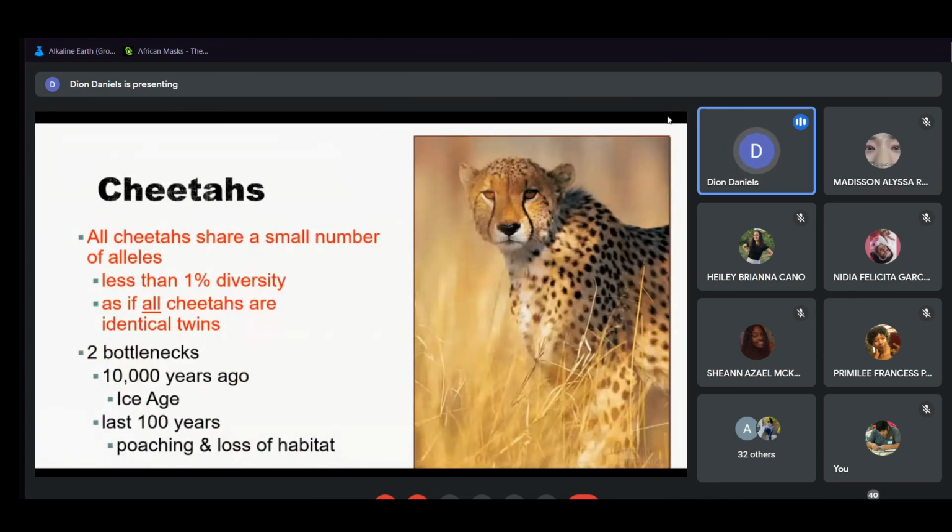Cheetahs are a good example. All cheetahs share a small number of alleles, less than 1% diversity. It's as if all cheetahs are basically identical twins. We think this is because of two separate bottlenecks, 10,000 years ago at the end of the Ice Age, and then the last about 100 years ago due to poaching and loss of habitat. Based on their genetic information, based on looking at different mutations, we're pretty sure about when those two bottlenecks